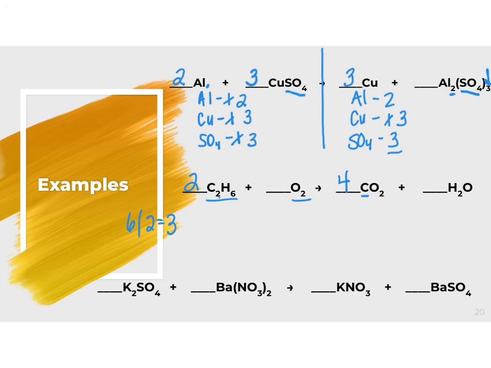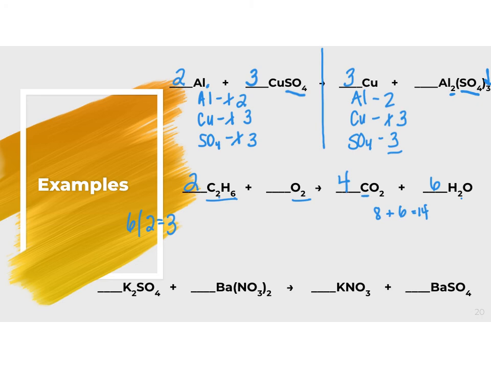On the reactant side here, I have 6 hydrogens multiplied by 2, which gives me 12 hydrogens. On the product side, I only have 2 hydrogens, so to get to 12, I'm going to have to multiply this by 6. All right, so now that we have our hydrogens and our carbons balanced, the last thing to do is to add up all of my oxygens. So with my CO2, I have 4 times 2 oxygens, which is 8, and I'm going to add that to my 6 oxygens from the water. Now that's going to give me 14,